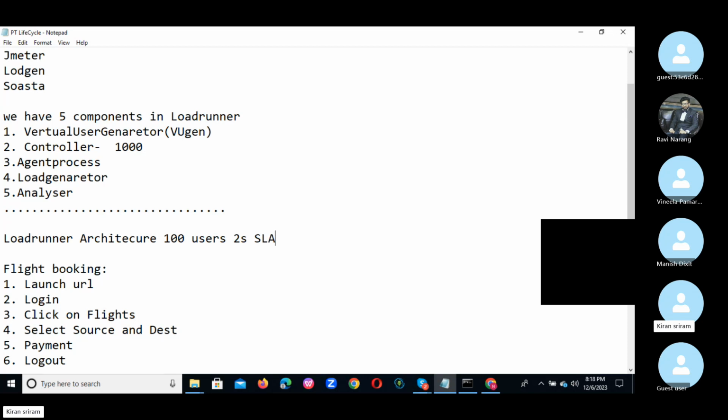SLA is nothing but the service level agreement. The client is expecting that if you execute 100 users or 1000 users as per his load, it should not cross more than 2 seconds. That is what we call the response time. So once execution is completed with, assume, 100 users, each and every transaction takes some time, which we call the response time. For launch, how much response time it takes, for example, just an example I am giving, and login takes some 1.7,